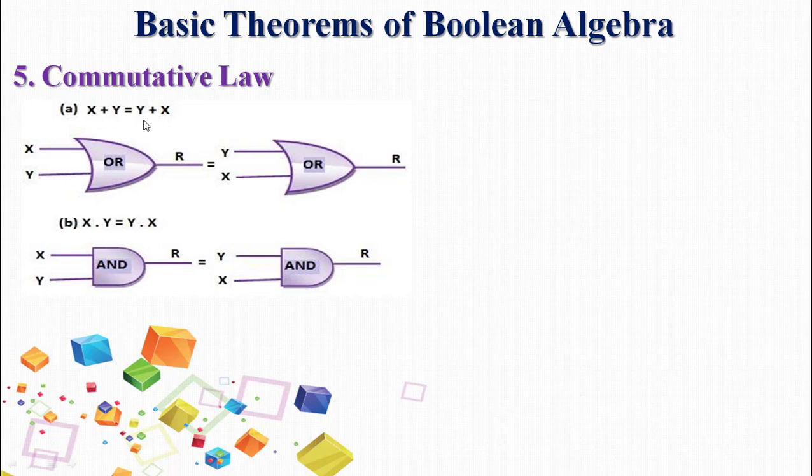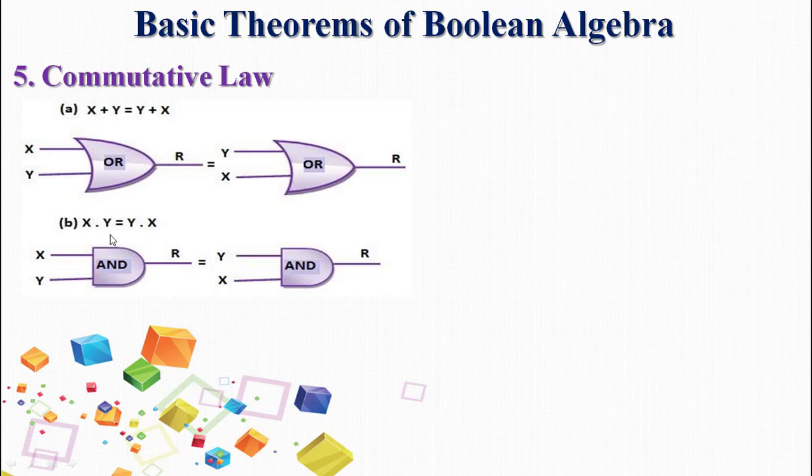So proving it, we check whether the right hand side circuit is matching the left hand side circuit or not. First we'll take the left hand side value. The left hand side has x plus y, so two input lines will be there, x and y. They are added, and the resultant is r, which will be similar to y plus x. Both the values will result in the same answer, whatever the answer is.